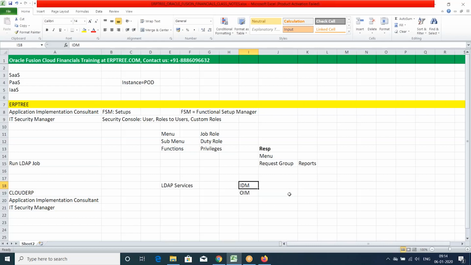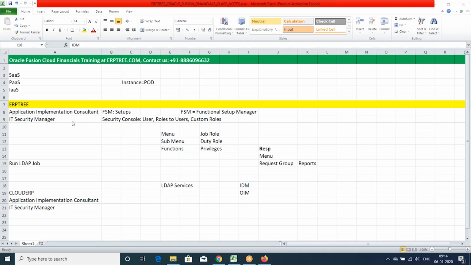Any questions? Yeah, so we run the LDAP job for every user that's created, or just the application implementation consultant role? Well, could you please repeat the initial part when you were talking about?